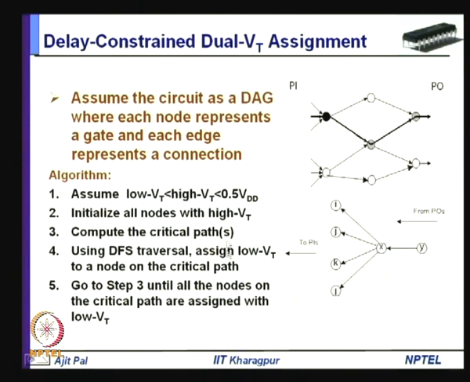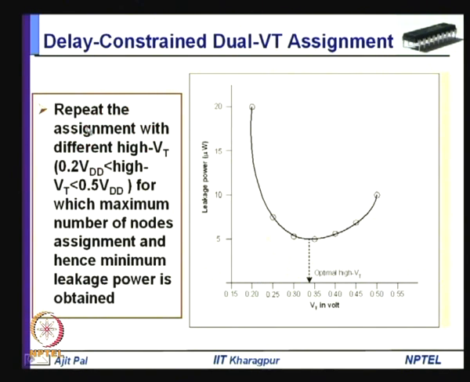So, the basic difference is earlier initially all the gates are assigned low VT, then you are assigning high VT to the non-critical gates on the non-critical path. Here it is done the other way. You are initially assigning high VT to all the gates, then you are assigning low VT to gates on the critical path. So, you will go to step until all the nodes on the critical path are assigned with low VT. So, using this approach, particularly this